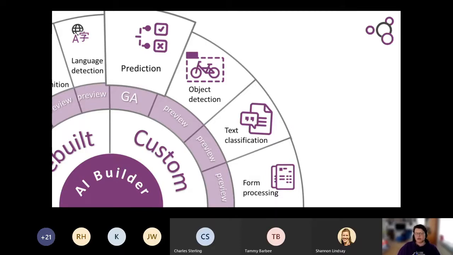This is one of the models that actually relies on your data being in the Common Data Service. So if you have a lot of data in some database, the first thing you need to do is get your data into the Common Data Service, because this model needs this data as input.